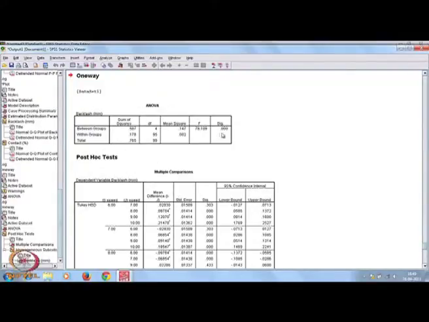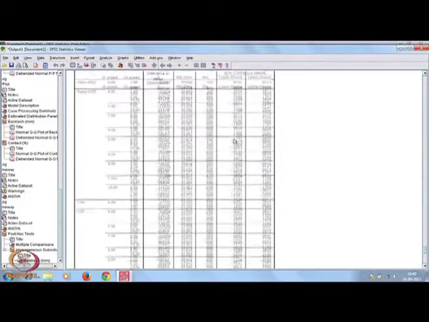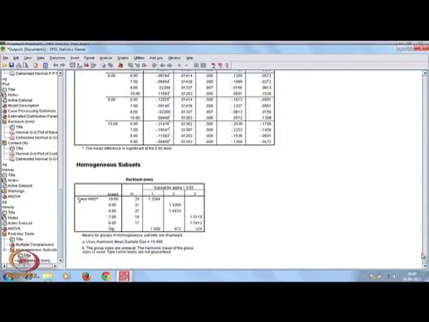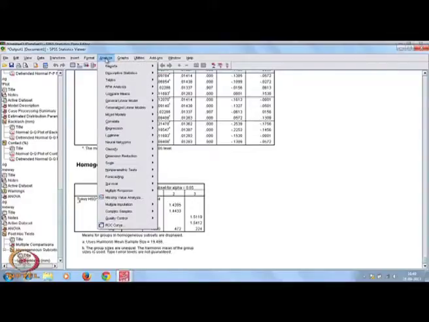The ANOVA table will give you this difference. This is the F statistic. F value is 78.109, very high. So there is a difference.